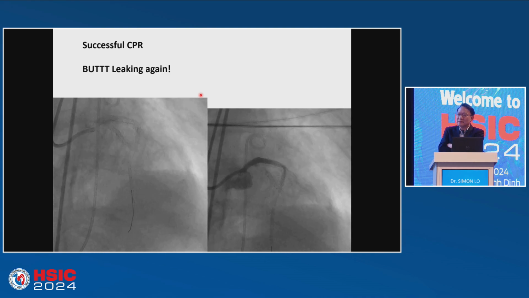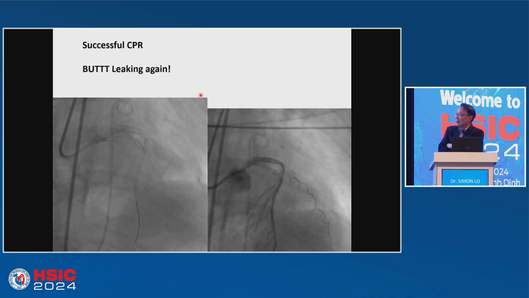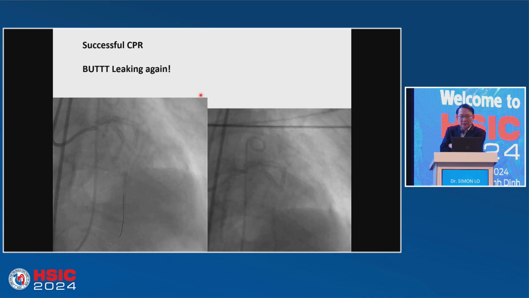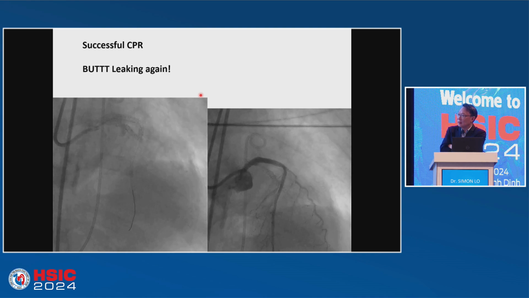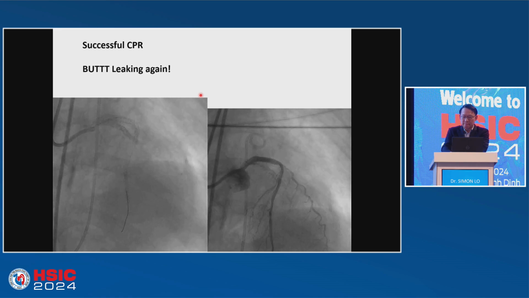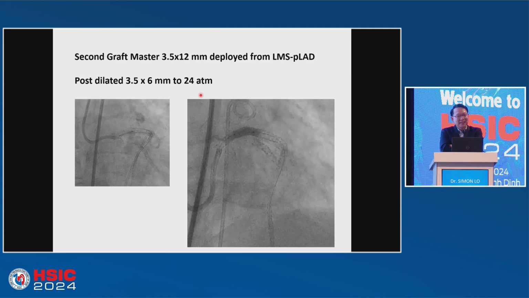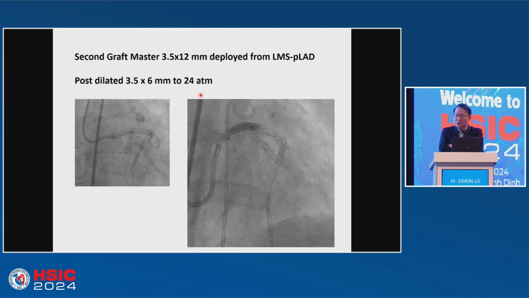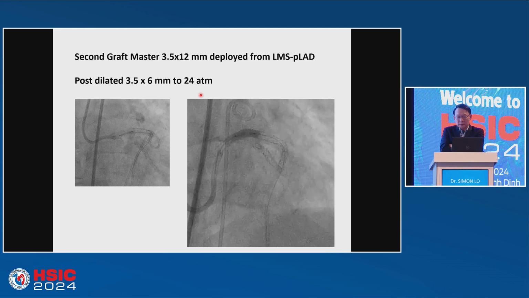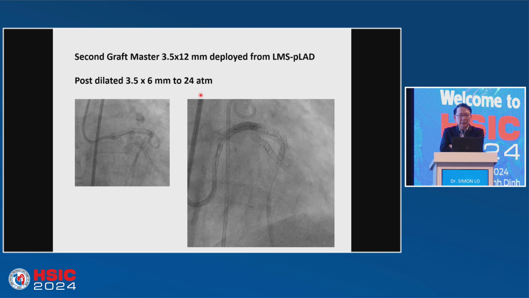Now, I am stuck, you know, and what should I do next? I've already implanted almost 3 stents in the left main to the LAD. And it's already almost 11 o'clock p.m. Anyway, this Graftmaster managed to get 2 stent grafts over. One was 3, the other one 3.5. So I managed to get the 3.5 in and put the stent graft in the left main at the bifurcation, into the LAD.